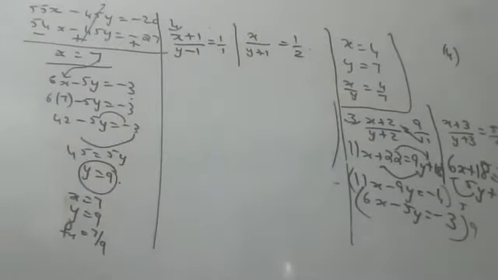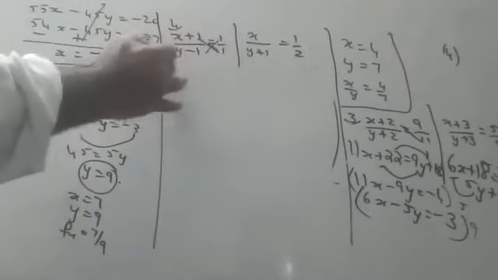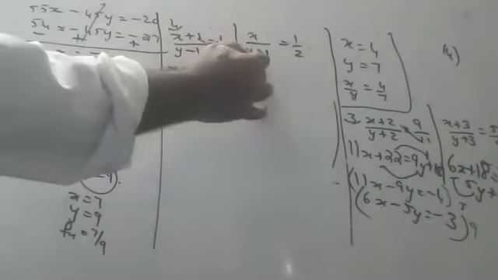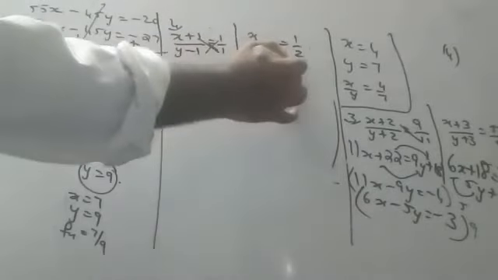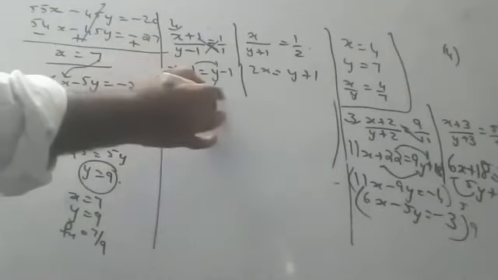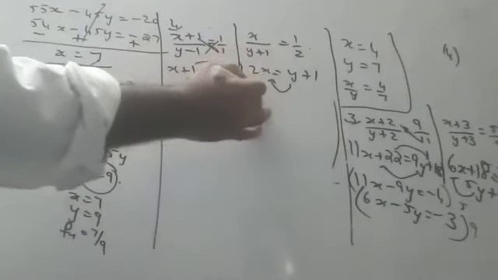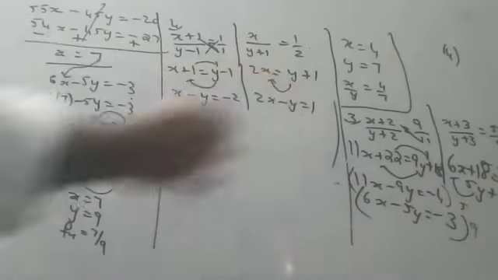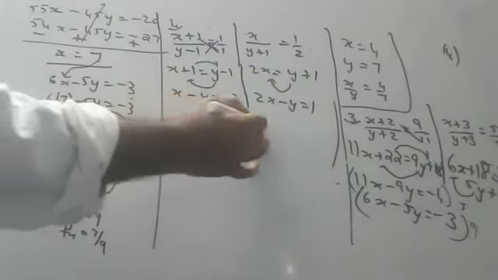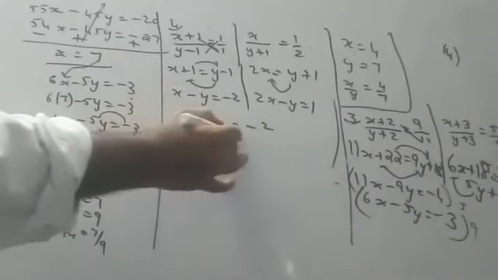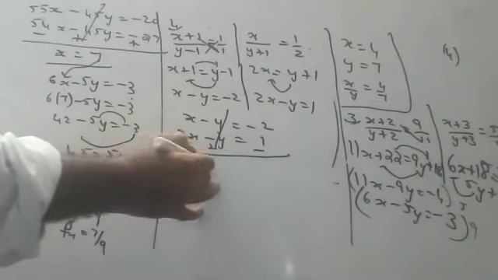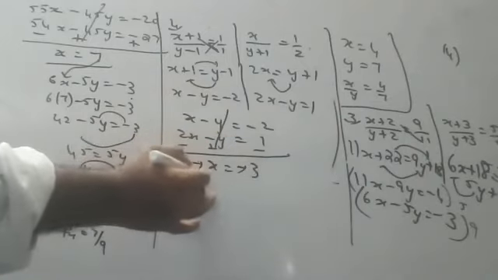Okay, children, two equations we have there. So cross multiplication, children, x plus 1 is equal to y minus 1. And here, children, 2x is equal to y plus 1. Bring this here, take this here. X minus y is equal to minus 2. 2x minus y is equal to 1. Okay, children, go for solving by elimination. This is minus, this is plus, this is minus, gone. Minus x is equal to minus 3. Minus 1 is gone.